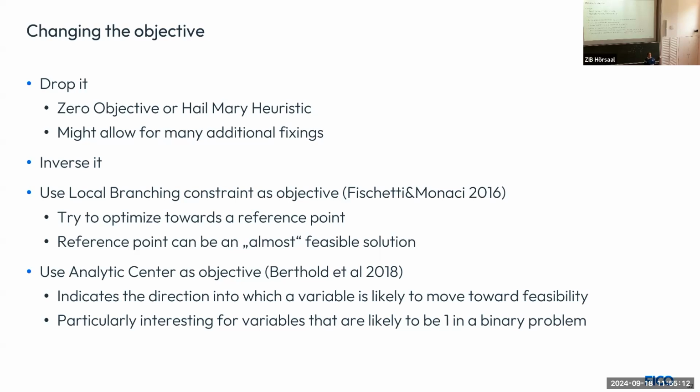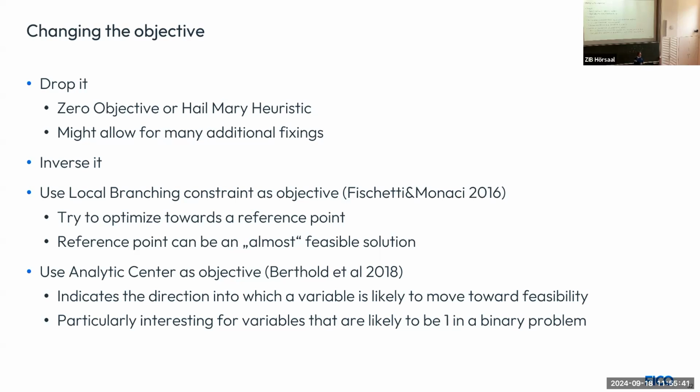Or use the local branching logic that's maybe not as desperate in an objective sense. Try to minimize the distance to the incumbent solution after having applied a cutoff that makes the incumbent infeasible for the remaining search process. Or something that I find very neat, but I might be very biased here, is to